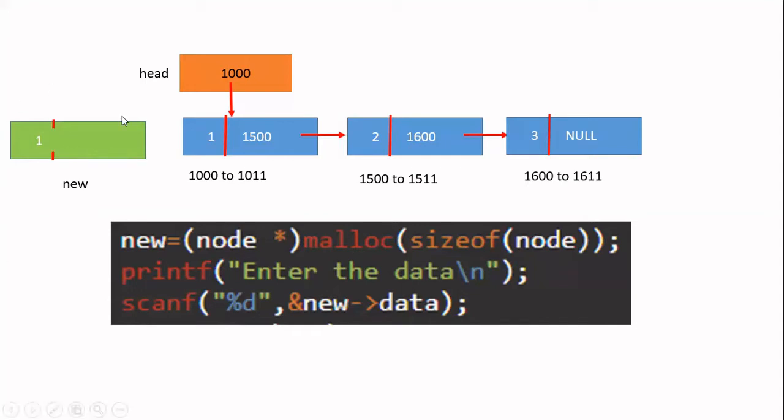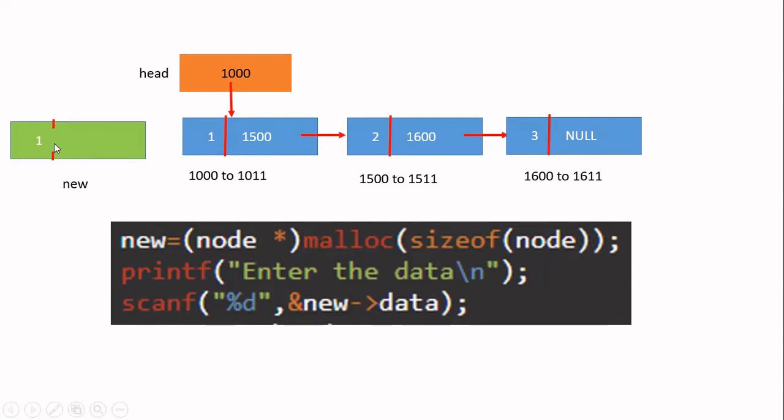Now this linked list contains three nodes with data 1, 2 and 3. And 3 is the last node, so I have null in the pointer field. Now, I'm going to create this green color node. Wherever I draw green color, you understand that is a new node, either you want to insert to the list or the node you want to delete from the list. Okay. Blue is the linked list that is existing. Okay. Now I want to insert this node, right?